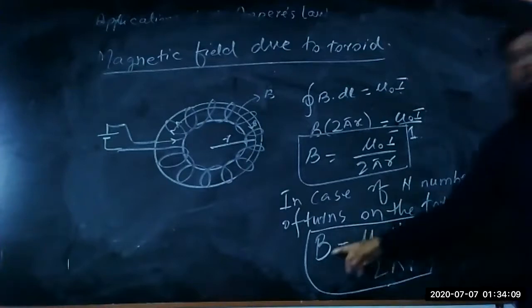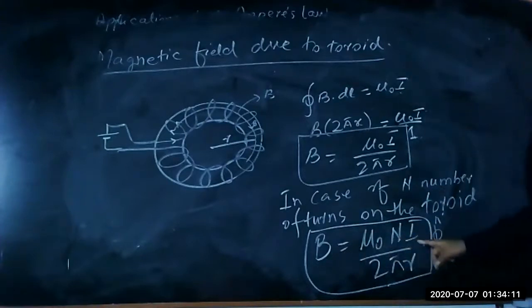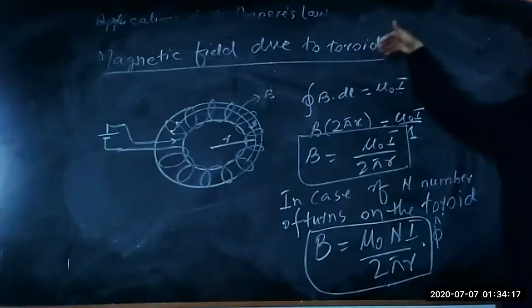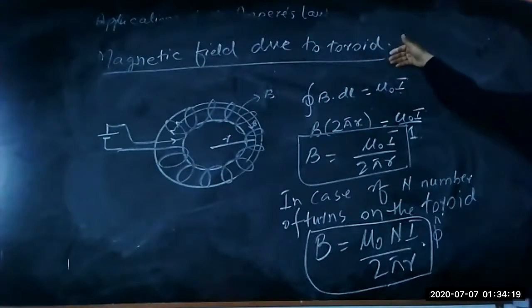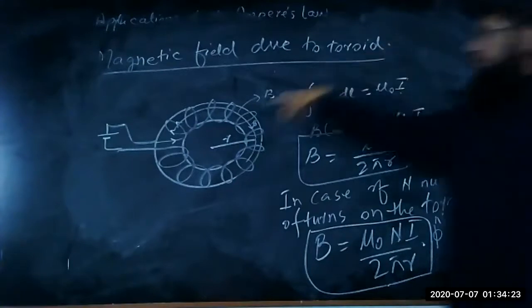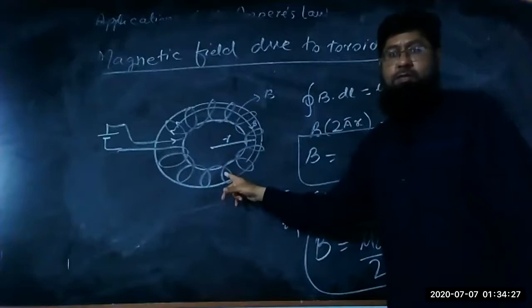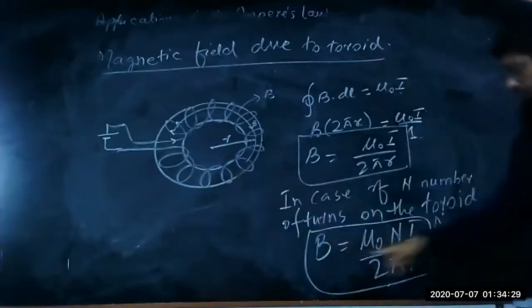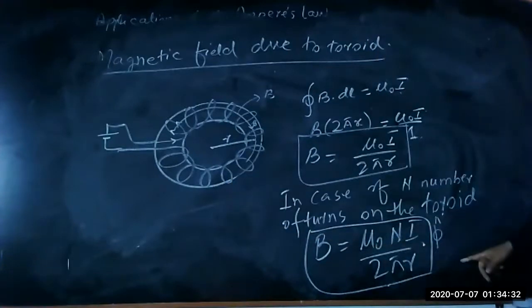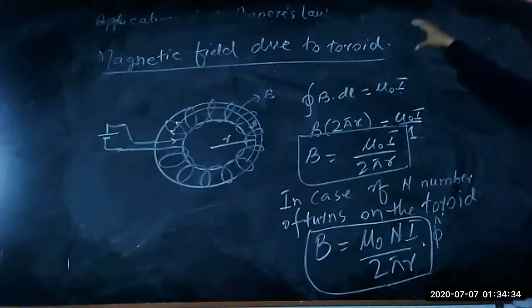So this B is equal to mu naught N I over 2 pi r. So this is another application, which we call the toroidal magnetic field or magnetic field due to the toroid. So now this B is inside the toroid, which is uniform and strong, and its magnitude is equal to this. So these are the two fundamental equations